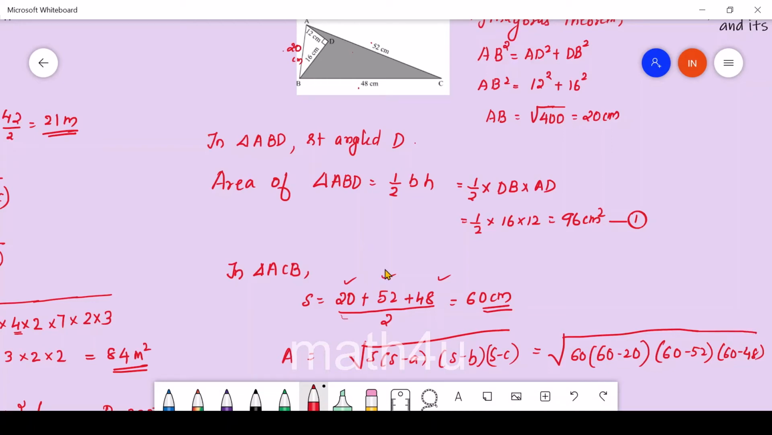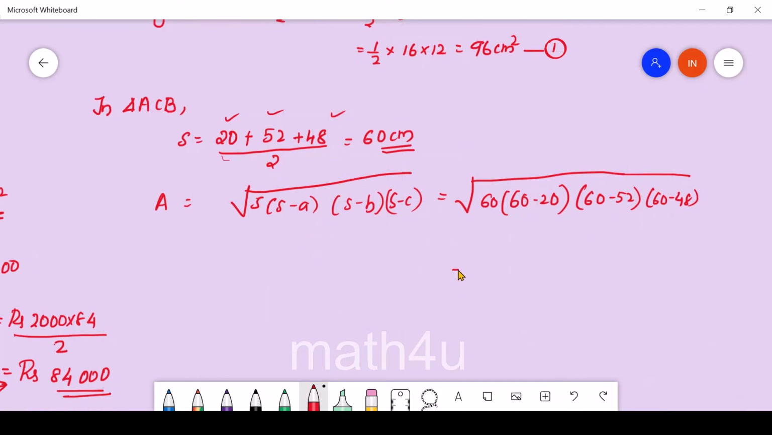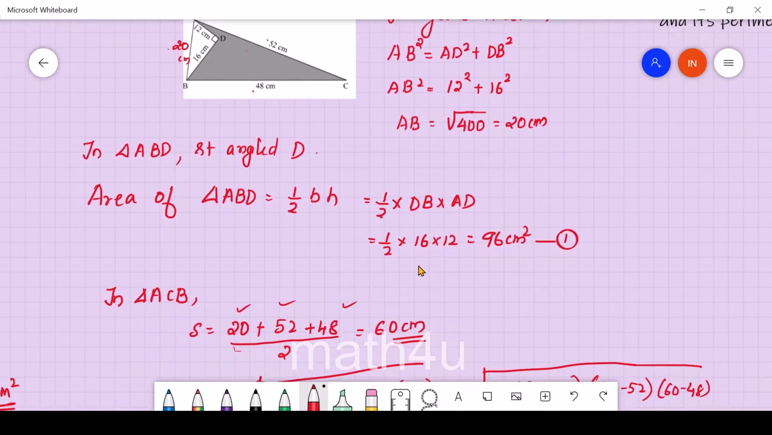Everything should be inside the root. Okay. So now we are going to substitute and solve the rest over here. 60 into 40 into 8 multiplied with 12. So this will be 480 centimeters square. So what about the area of the shaded region? You have to subtract the area of ADB from the area of triangle ABC. Therefore,